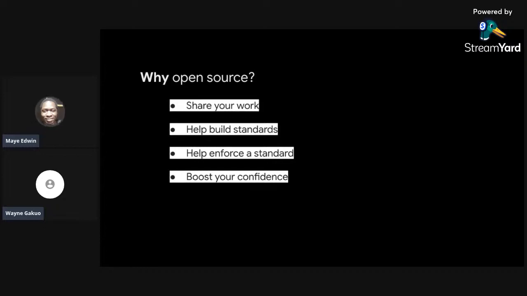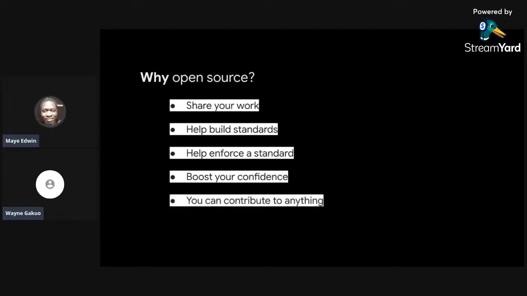Yeah, so that is it. Another thing is boost your confidence. Yeah, because if you can share stuff and see people are actually using it, for our case, I can now see, hey, yes, I can write content that reaches 100,000 people, or mostly about 25 to 40,000 a month, people actually visiting this site and looking at these resources, then it builds naturally confidence in yourself, and it's just amazing. Yeah, if you try it out.